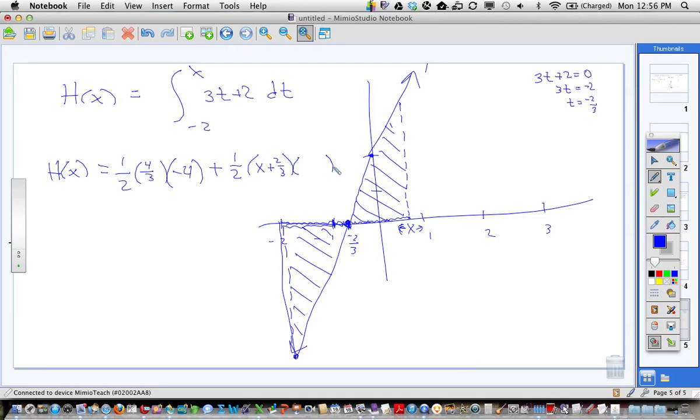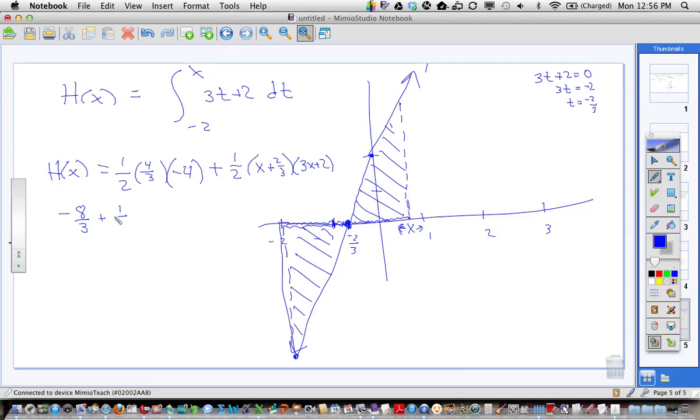And then what's the height? 3x plus 2, same thing. We plug x into the function, and we get 3x plus 2. Okay, so we got another FOIL situation. So what about this fraction here? What do I get when I multiply that out? -16/6 would be -8/3